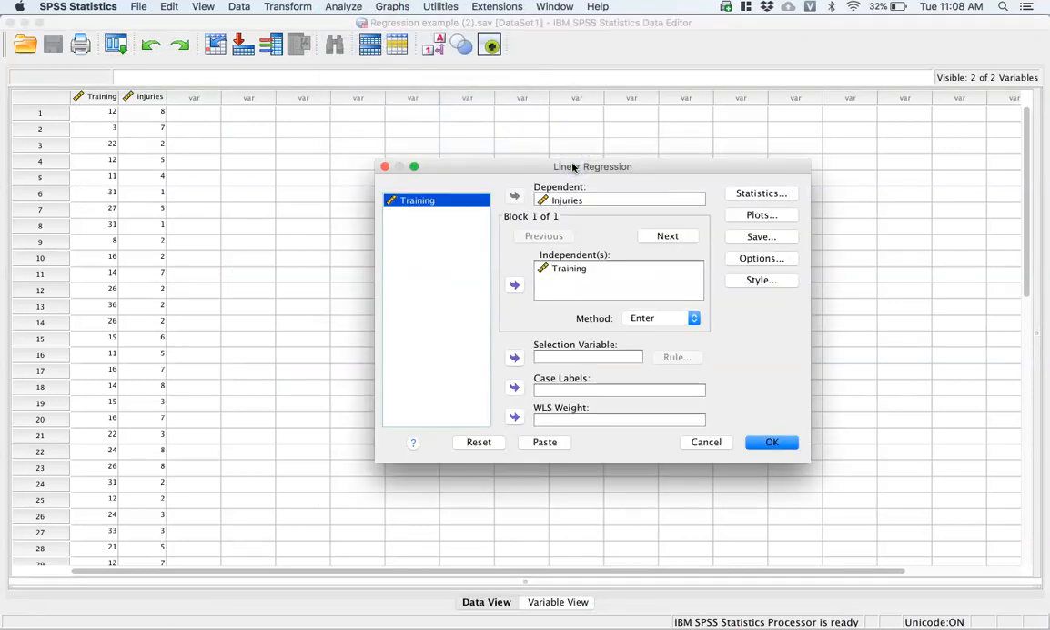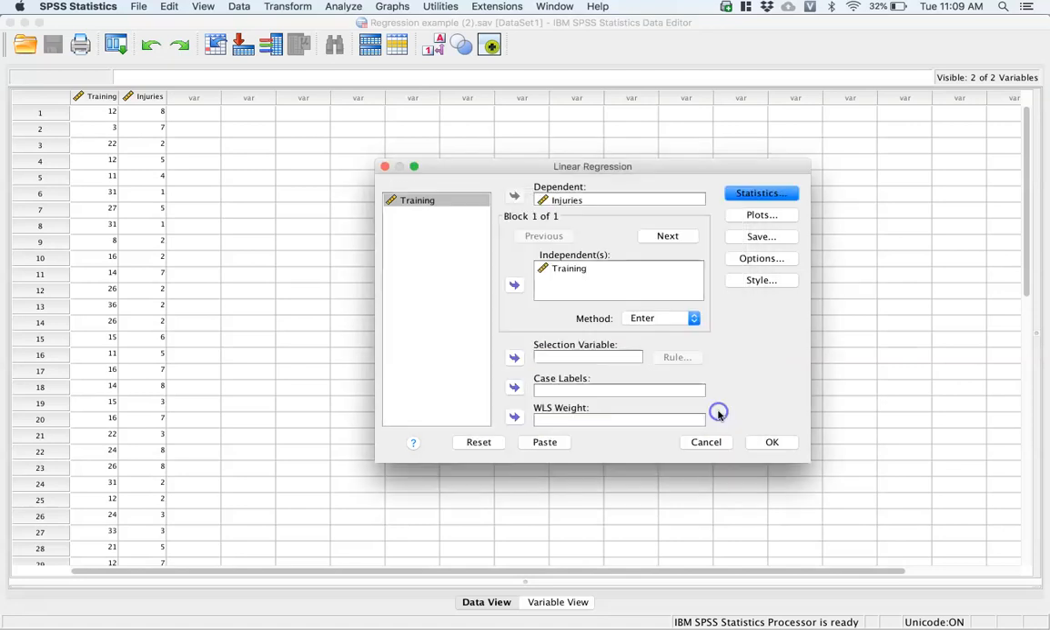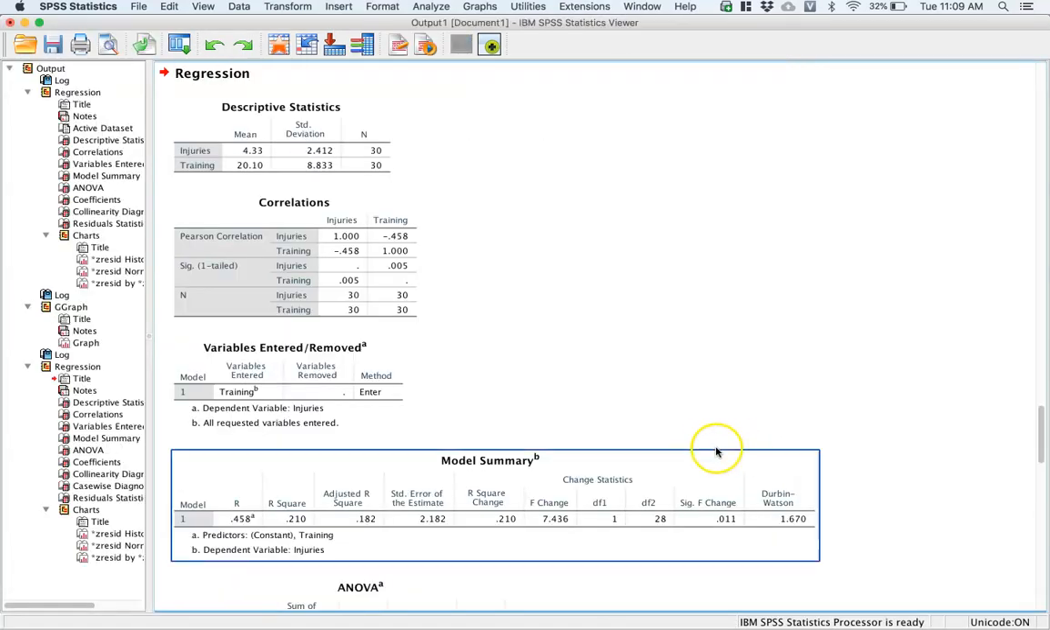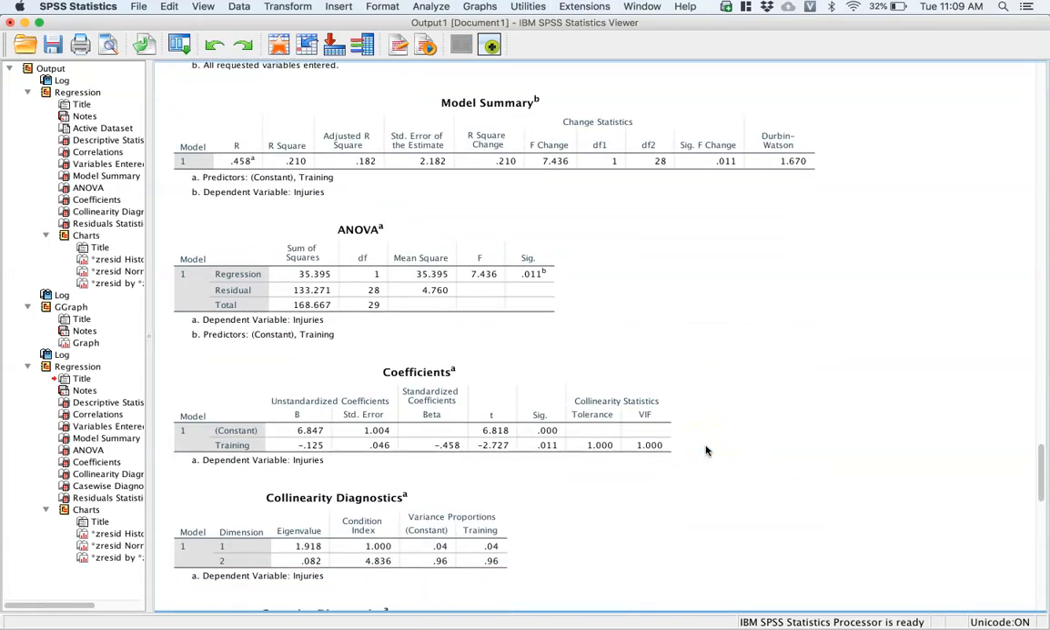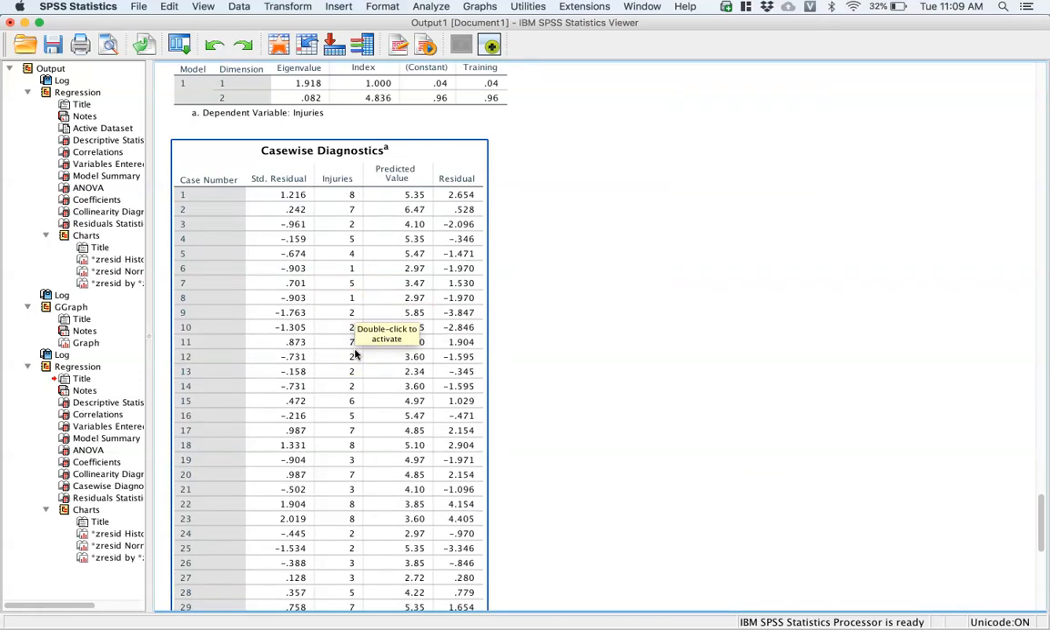Linear regression here. If you want to check this just to be sure, right now we're looking to see if there are any outliers outside of 3 standard deviations. I can change this to all cases, and if I click continue, it's actually going to run everything all over again. Here would be my case-wise diagnostics table, and I am looking at the column listed